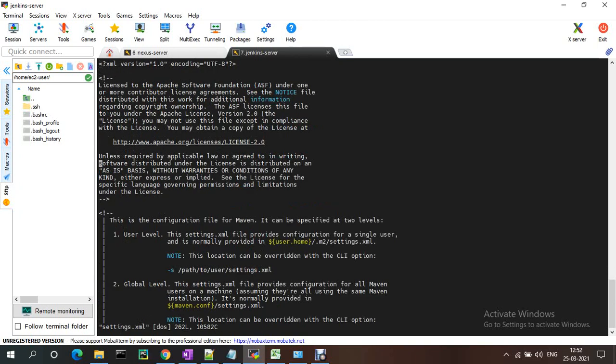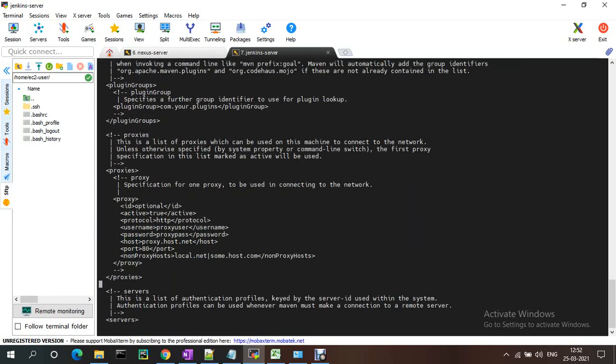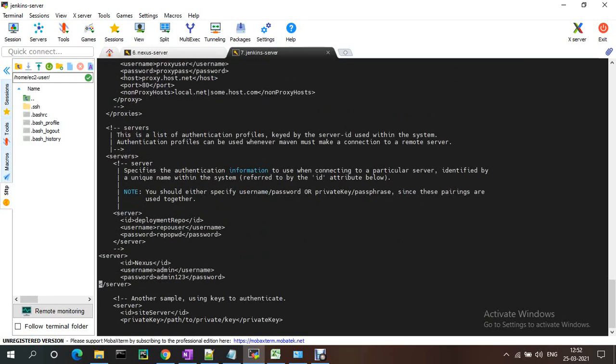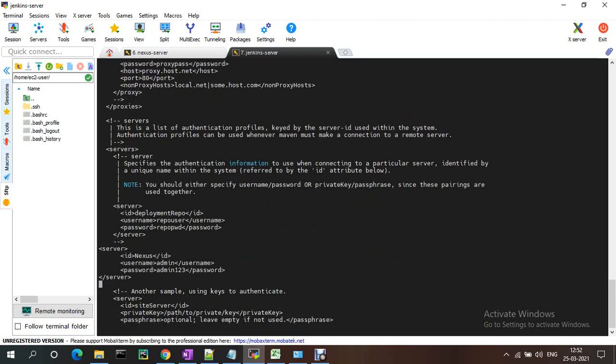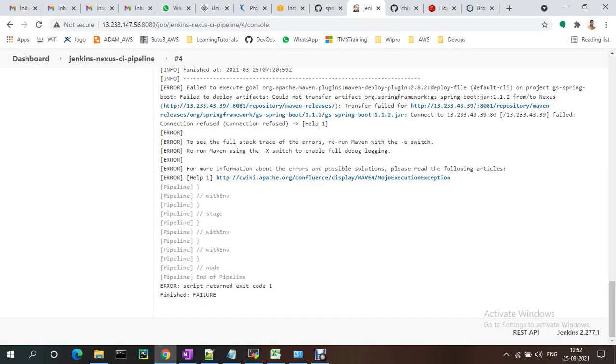In settings.xml you just need to provide the server IP, username and password. So Nexus is there, and I already updated that one. And we need to transfer the repository Spring Boot.